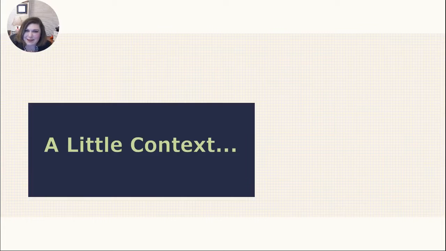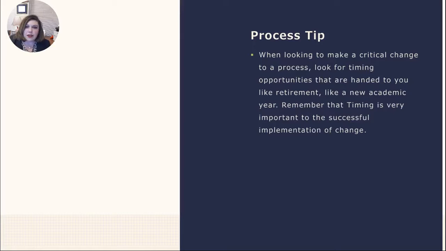But when somebody retires, in most cases, we know about it, and we know about it well in advance. This gives us time to plan, but most importantly, it gives us opportunity. And that's our first tip for you today. When looking to make a critical change to a process, look for those timing opportunities that are handed to you, like retirement, academic year. Remember that timing